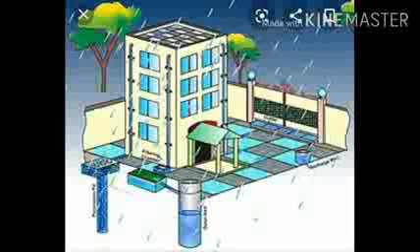Okay, so this rainwater harvesting is a very good method, and the government has been making it mandatory. Mandatory means important, essential, to have a rainwater harvesting system installed in every newly constructed house. Okay, whatever houses are being constructed, the government has made it mandatory, necessary, that this rainwater harvesting system should be installed in every newly constructed house.